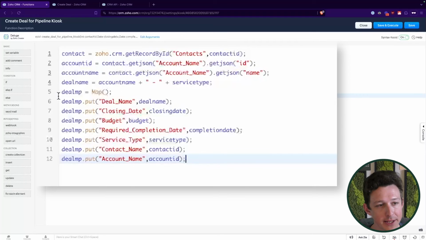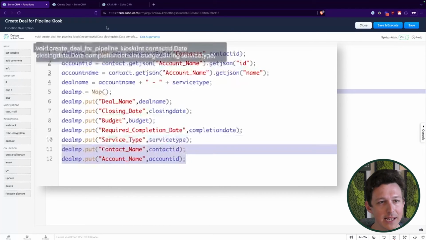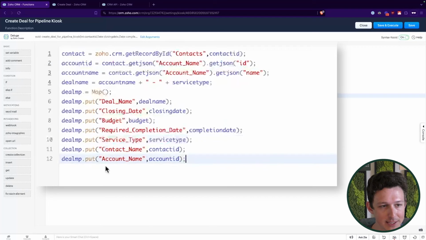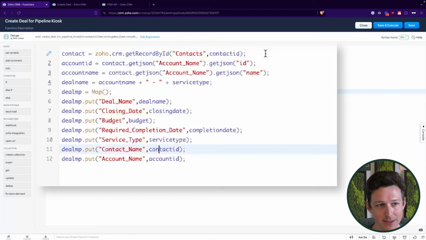So now we've gone ahead here and set up all of the different fields that we're going to use to create a deal. Again, just with this one in quotes on the left being the field API name, and the one on the right being the value that we're going to insert into that field. One thing I do always like to highlight is the API names for things like contact name and account name will reference the name, but you don't put the name in the field. You have to put the ID in the field, which is why I grabbed that for the account here on